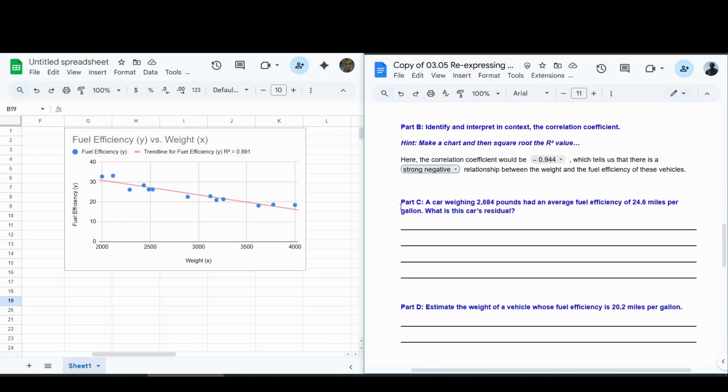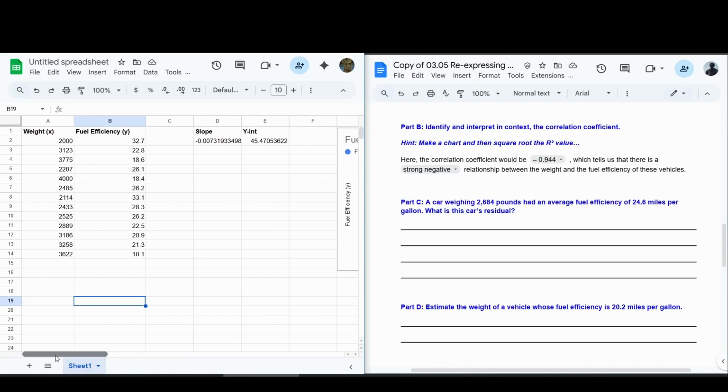All right, for the next part, part C, a car weighing 2,684 pounds had average fuel efficiency of 24.6 miles per gallon. What is this car's residual? So let's go ahead and calculate our line of best fit here. So we're going to say y hat equals, this is y with that little symbol on top. And this is going to be, let's just say 45.47. So I'm just rounding this number,